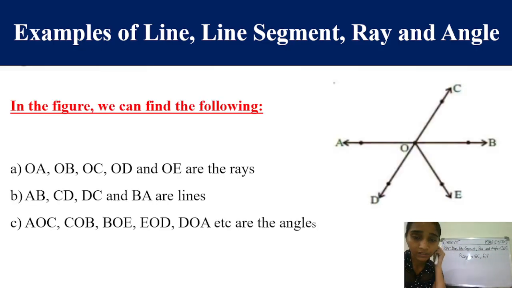Just see this figure also. It is similar to that one, because it consists of a few rays or line segments also. Now, students, we can see what the rays are in this. Yes, the rays are OA, OB, OC, OD and OE, because we know that a ray has one end point, right? So from here we can identify that there are five rays, which are OC, OA, OD, OE and OB. Okay,